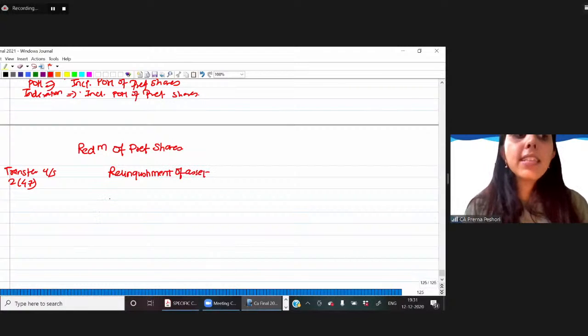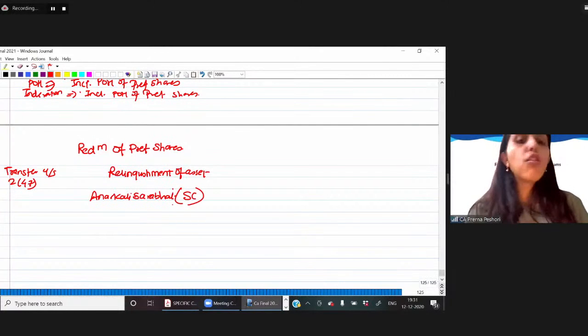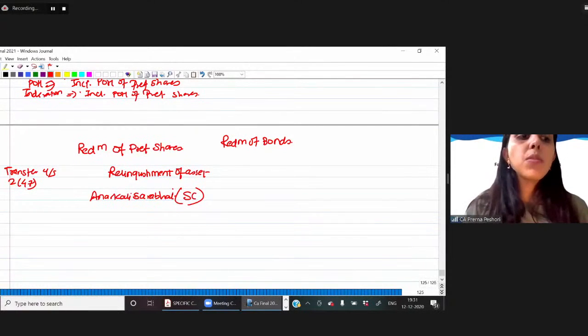So as per the case law of Anarkali Sarabhai, Supreme Court judgment, redemption of preference shares is a taxable transfer. What about redemption of bonds? Again, this comes within the definition of transfer because redemption of bonds is also relinquishment or extinguishment of a right in that asset, and therefore this is also considered as